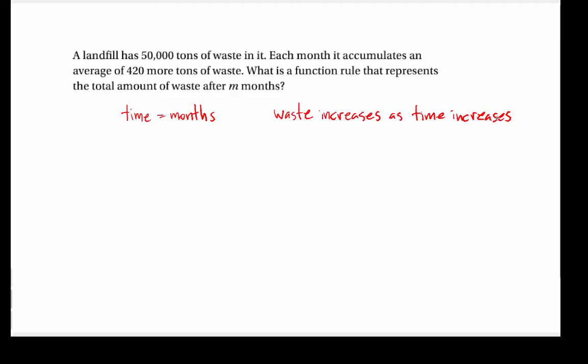Now, if we want to define some variables, our two variables are the amount of waste and the time. So we're actually told here that we're going to let m equal months. So time equals months. So we'll let m equal the months. And we'll just go ahead and let W, capital W, equal the waste. Okay. So here's where we need to translate this into an equation. The amount of waste